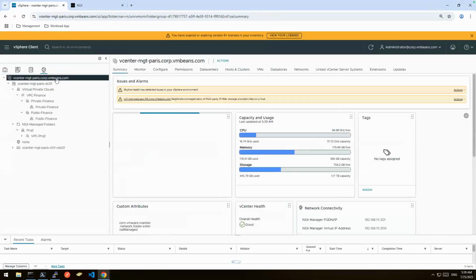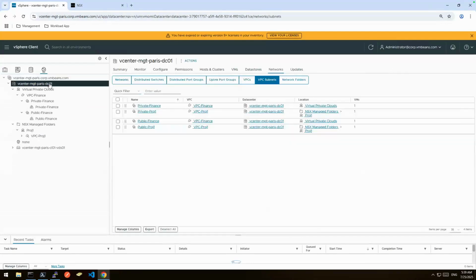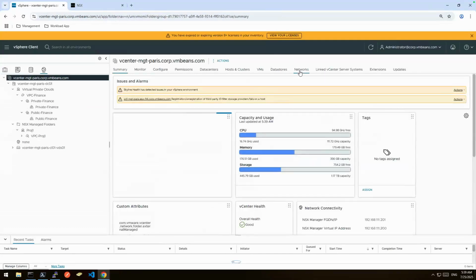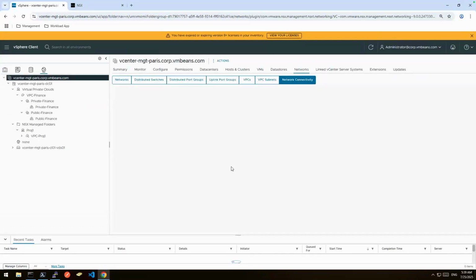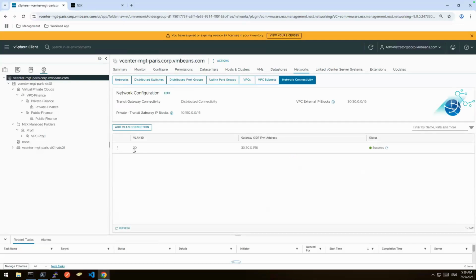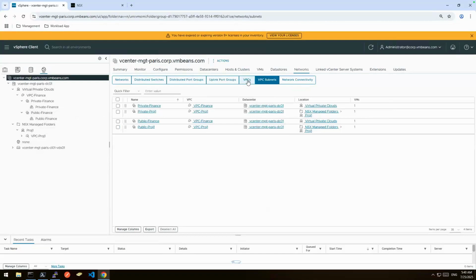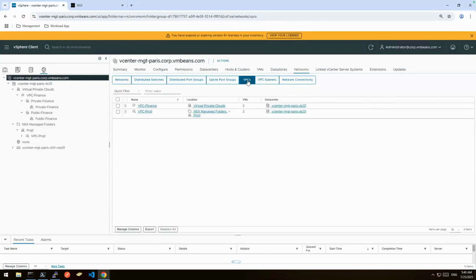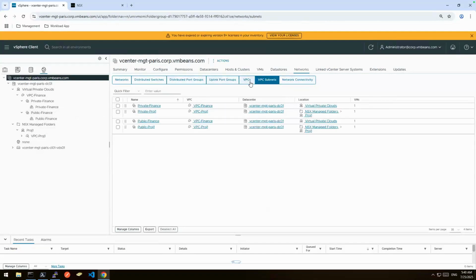You can see here, if we look at the VM itself, and we look at the vCenter, under networks in here, you can see the network connectivity, right? So the thing I just showed you as part of the slide, you can see here we're using VLAN 30, and we've got an allocated range that we're using, which is 30.30. And then obviously this is our gateway. So this is obviously our device that we're potentially going to be using out on the physical. You can also see in here, these are a number of obviously VPC subnets, and then obviously we've got a couple of VPCs defined. So again, all of this information here is being pulled from NSX, right? It doesn't exist